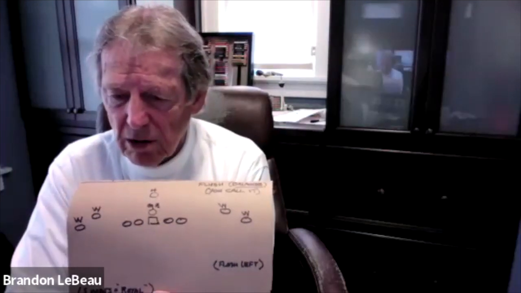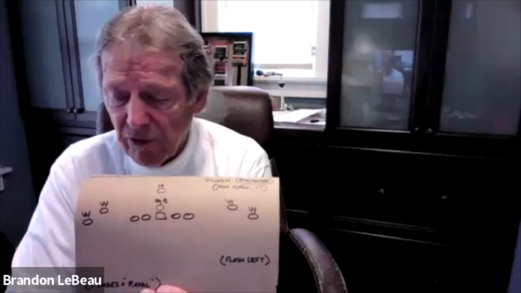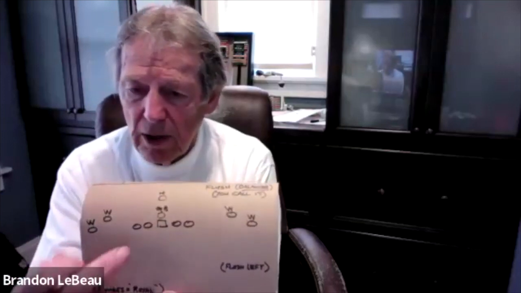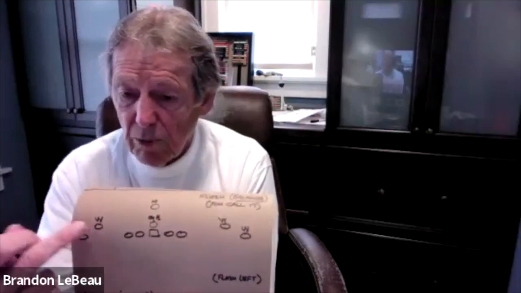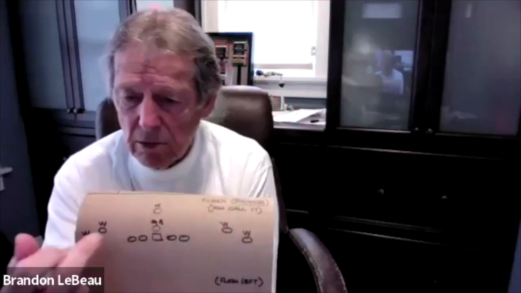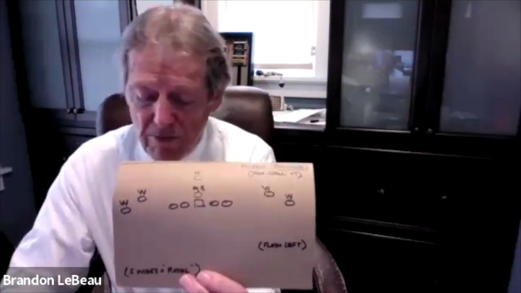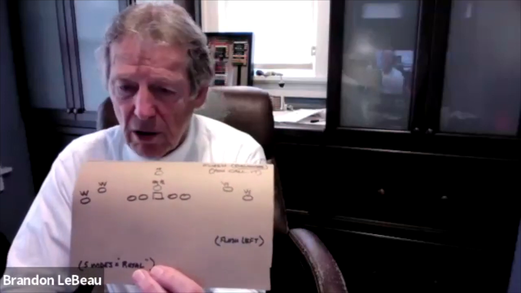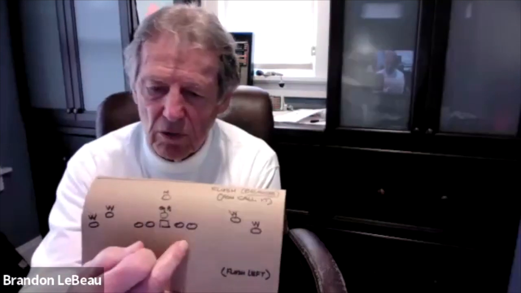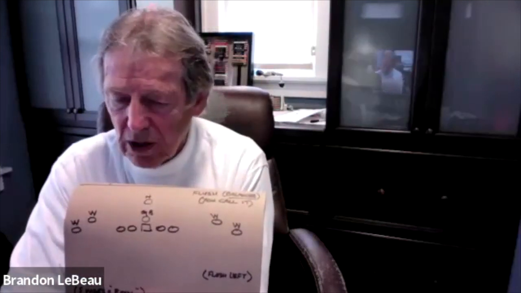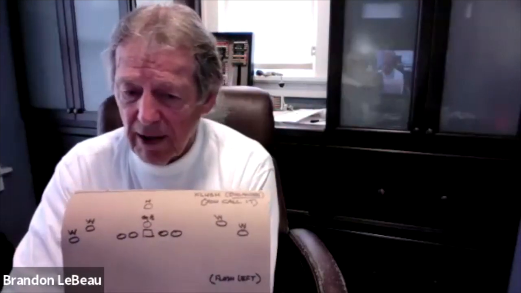So with this flush look here, some formations are identical. So if this guy was a tight end there and that guy's a tight end there, what we called ace, they would still be identical formations, 2 wides and 2 tight ends on either side. You have to just make a strength. So I always taught it was always strong to our left. So the guy that's setting the defense for us, it would be in the back of the buck. He would say strong left here, even though there is no difference on one side or the other of that formation.